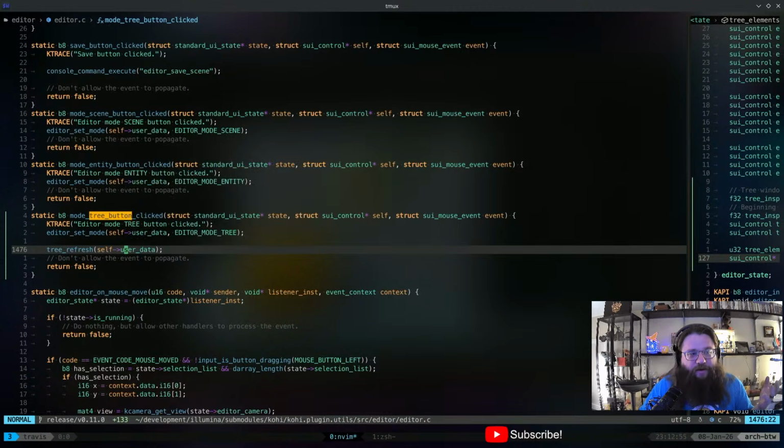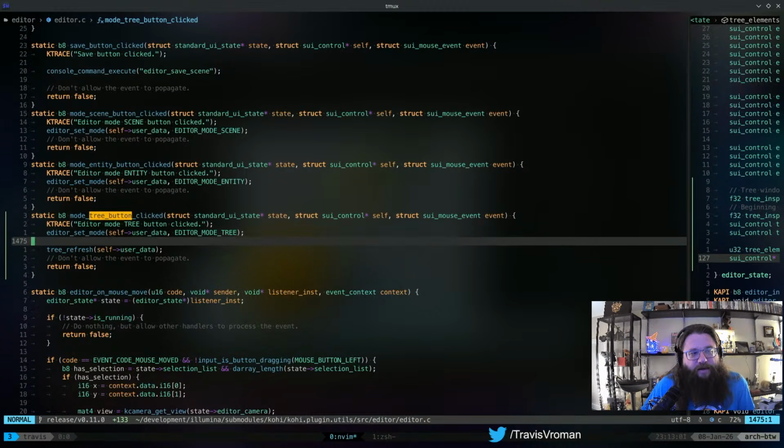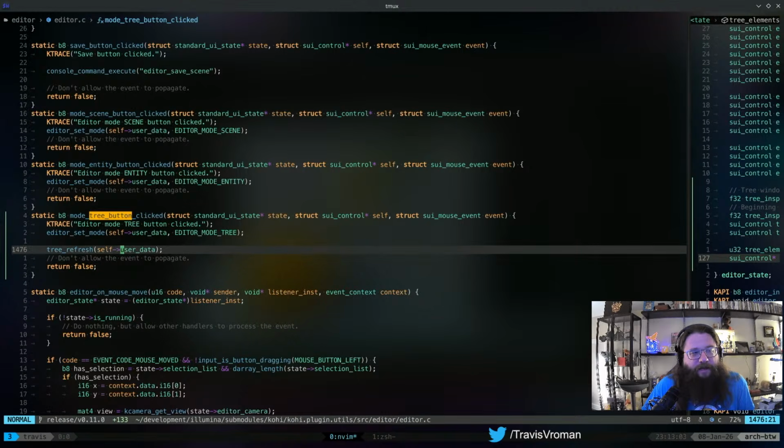Or it can be a dynamically allocated block of memory that we cast on the other side, and get data from. That's just a way for us to say, I have this bag of data. The control doesn't need to be concerned with what it is, but I need to pass it along with the control to any of the events that get triggered by it. So yes, essentially.